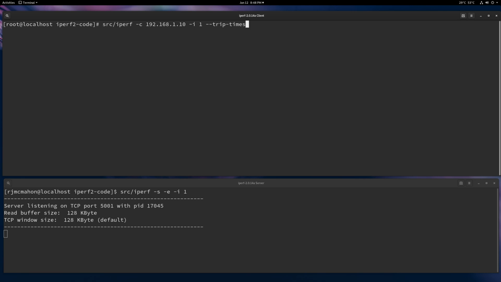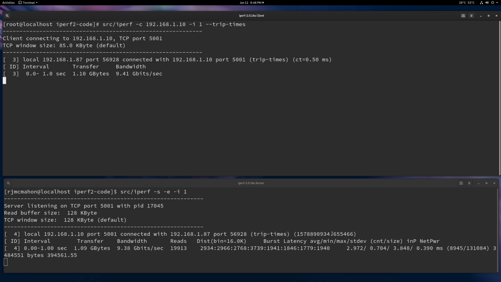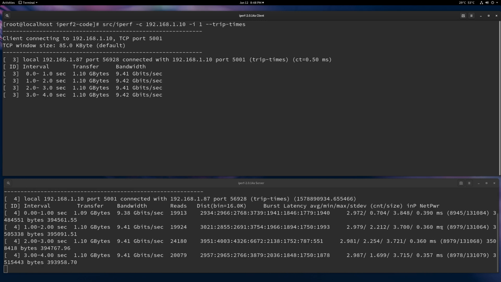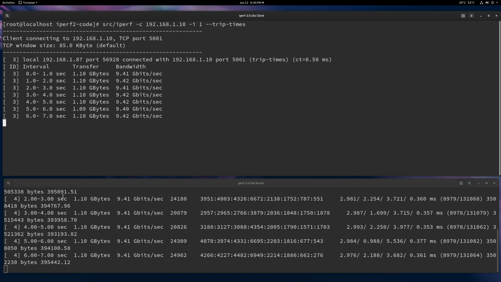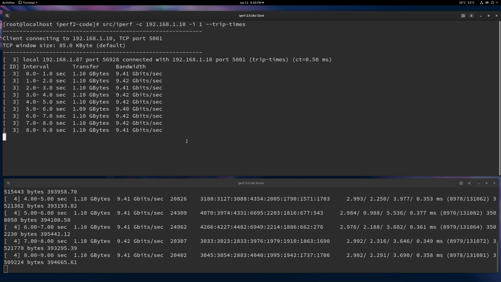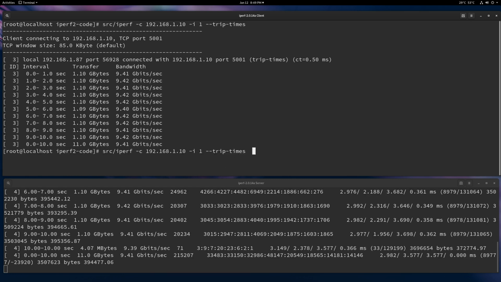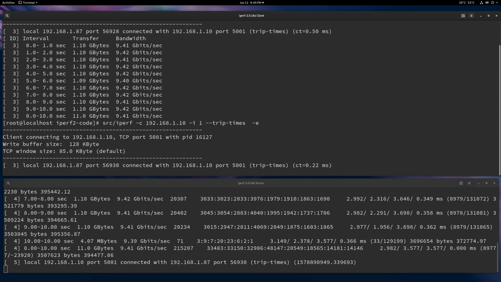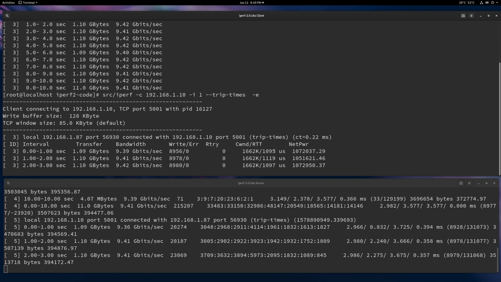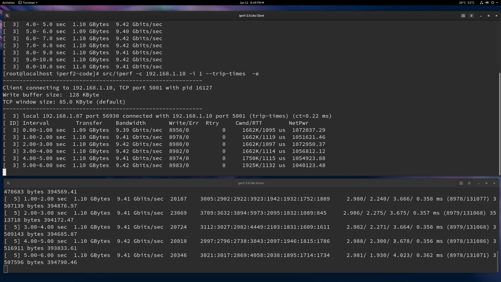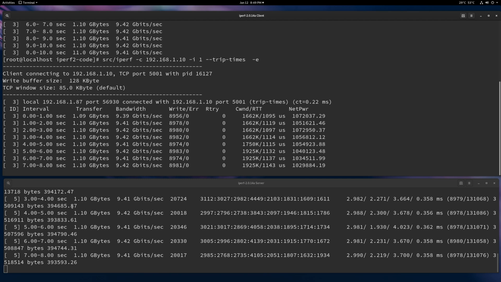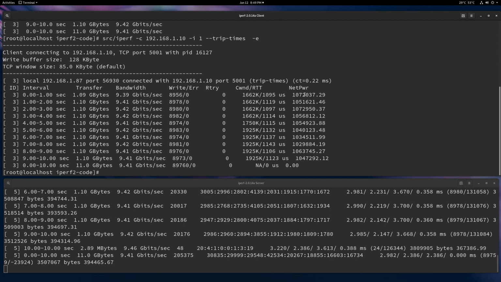So you need the trip times option, and you'll see the trip times, and then the last number here is network power, and you see 394. It's just a number, so that's sort of interesting. Let me put the -e here to see something, to give a better number. Okay, so the -e is showing you that you get it on both sides. You get the network power from an end-to-end perspective on the server, and then from a stack perspective, you're getting it, which is basically the RTT divided, in this number. So it's saying for that amount of time and memory, as the RTT grows, the memory grows,